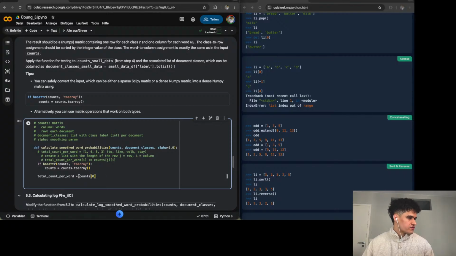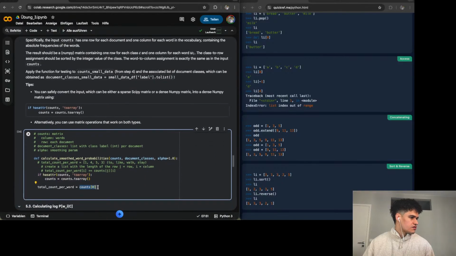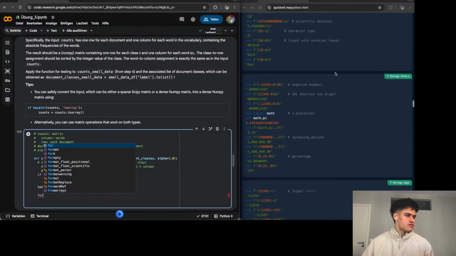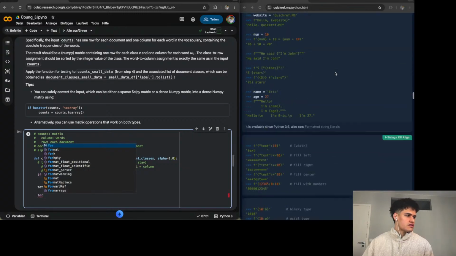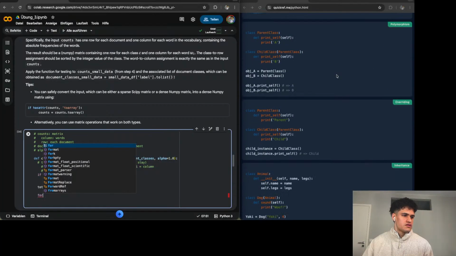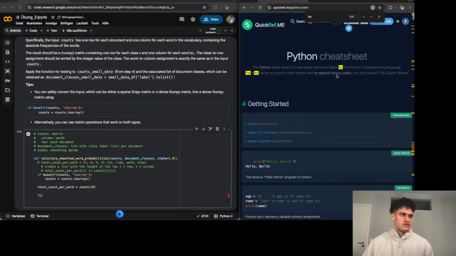So that would be the first row. And then we just start iterating, for loops, for